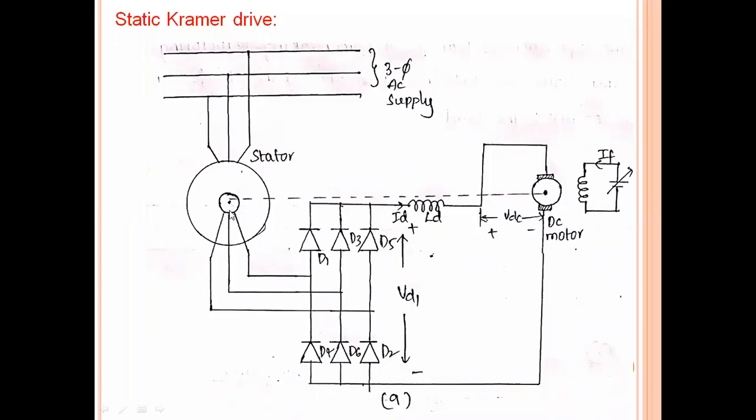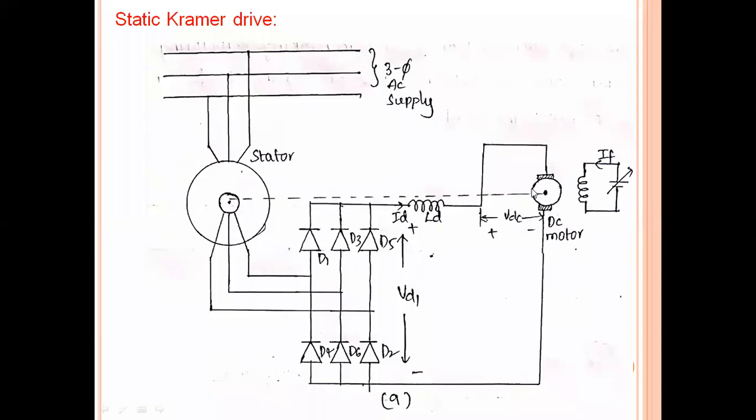So the power will be wasted on the rotor, right, because of the slip rings. That wastage power can be taken from the rotor slip rings and given to a diode bridge rectifier. Here also you can see a diode bridge rectifier is used in order to convert the three-phase wastage power into a DC value. So across these two terminals we are getting DC power, and that DC power is applied to a DC motor.